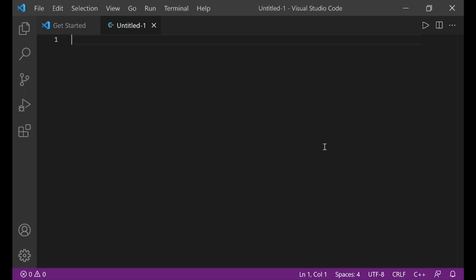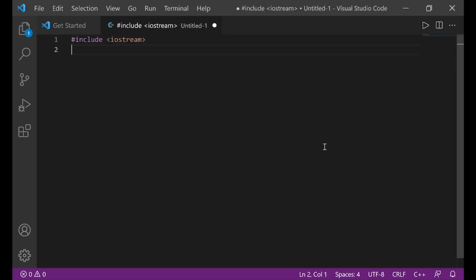In this tutorial, I want to explain some important C++ elements. Before any C++ program can work, it needs to have a basic structure, and the structure goes like this. Include iostream, using namespace std, int main, return 0. We've already talked about this structure before, and we said before you start writing any code in C++,